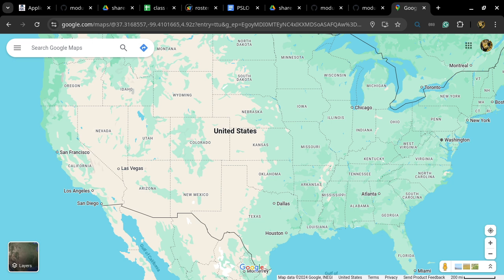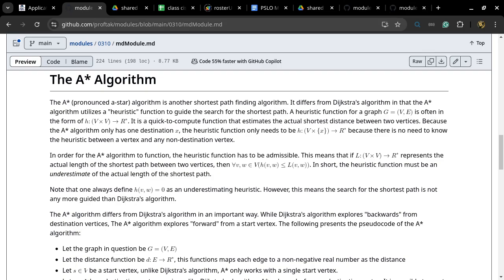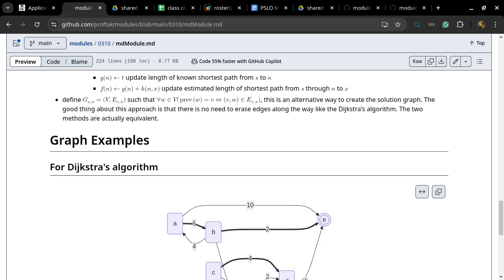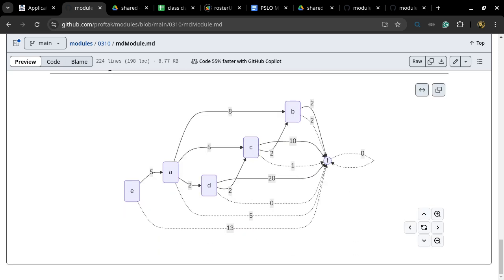Are we good so far with just those terms? Okay. So now we stop looking at this map, and then we look at an example. At the very end of the slide, I made a new example. So this is our new example just for A star, because the dotted line is giving us the heuristic value